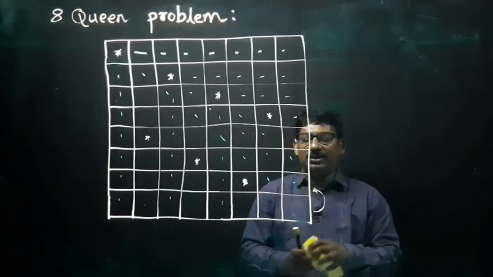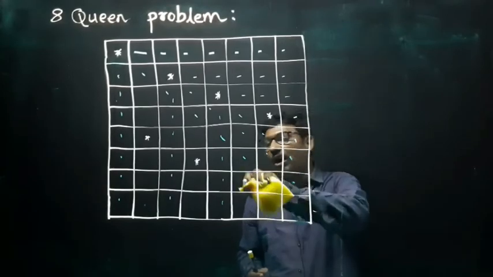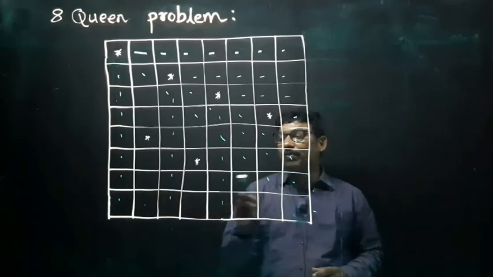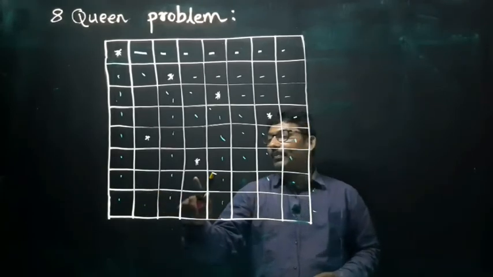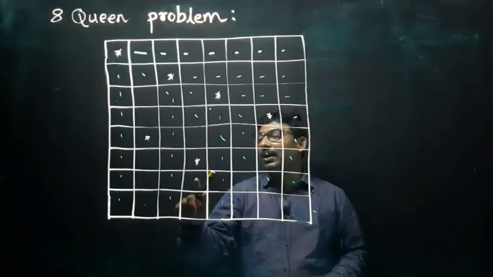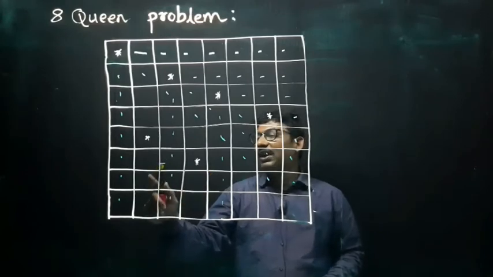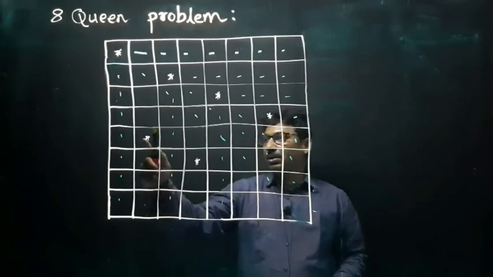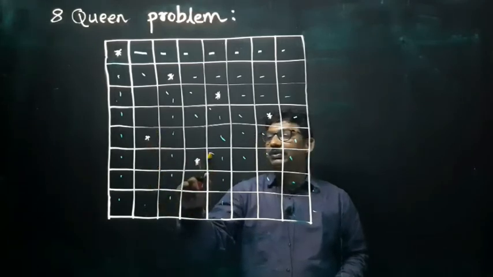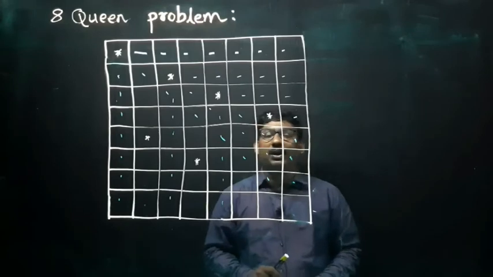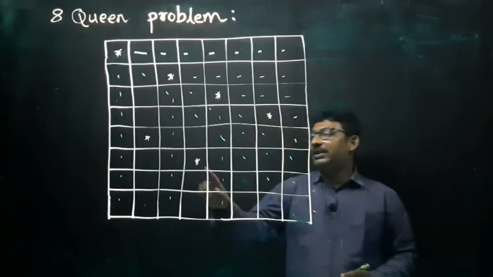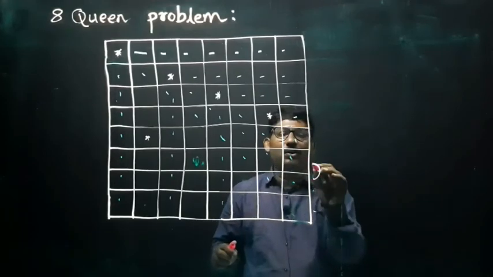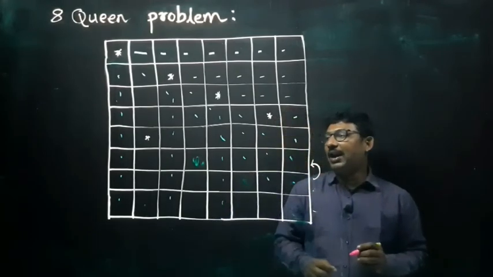That means this is wrong, this column is also wrong, and then you have to check what the possible ways are. If this is wrong, then the possible empty columns are this one and this one. If we keep this one, it will be an obstacle with this particular one, and if it is this one, there will be an obstacle with this one. So this is also wrong. Again we are backtracking from here to here. This is the backtracking position.